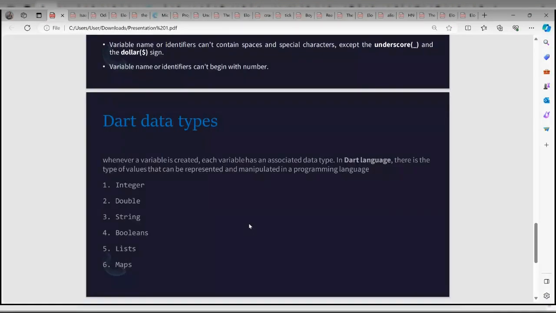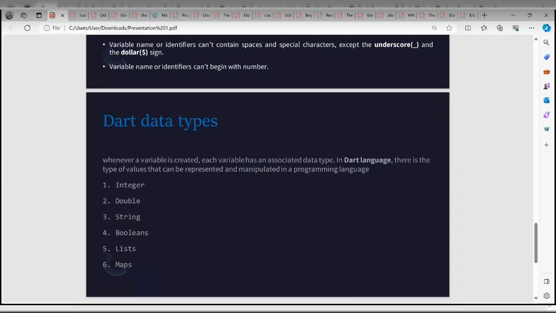But maybe we want to define something of true or false, just like putting on a light. Put on the switch, it's on, put it off, it's off. So we can use it for things like that. When we start going deeper, we understand more about it. So let's just know that we have just two inputs for boolean.